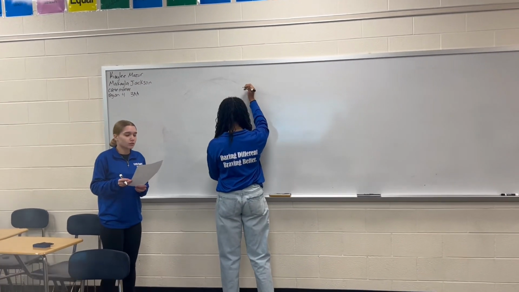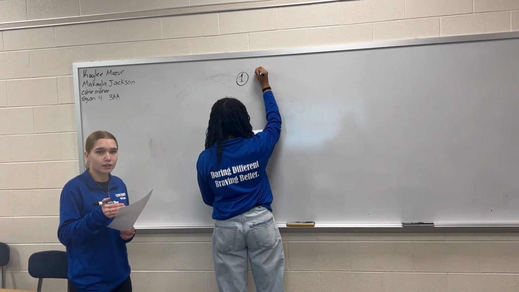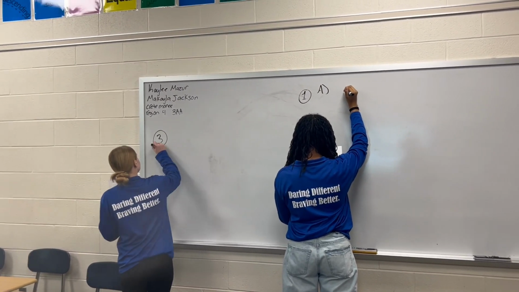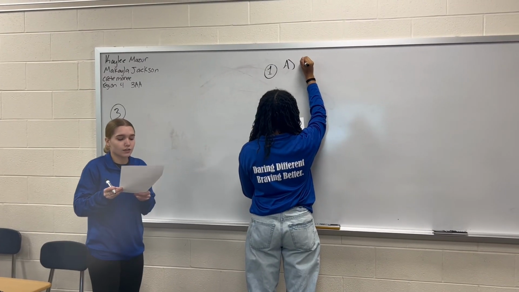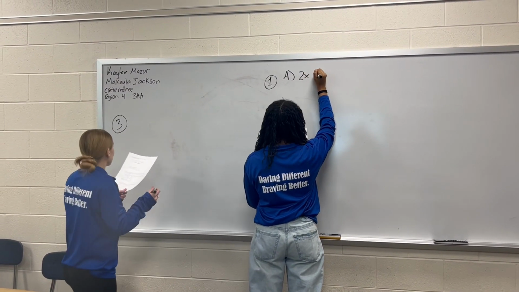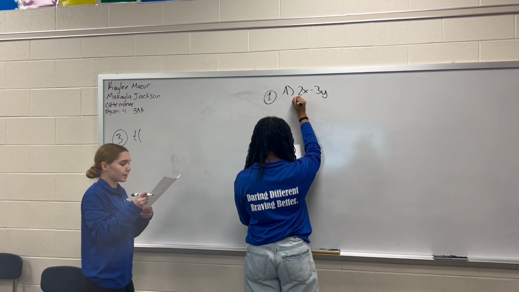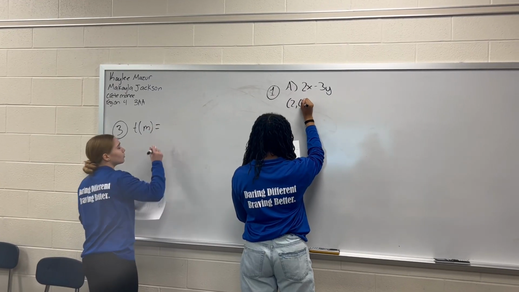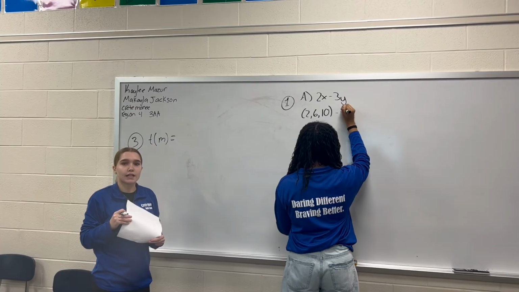So for timing purposes, my partner is going to start with number 1 and number 2, writing that out on the board while I start with 3. So starting with 3, we're given a word problem and we are to write the function in function notation. Given that the function is t and our input will be m for miles. And it will come out to be an ordered triple of the time it would take